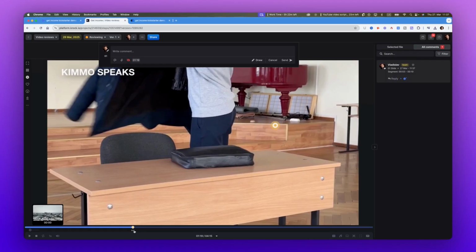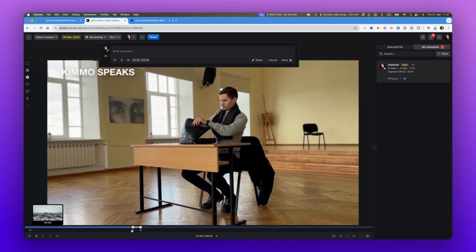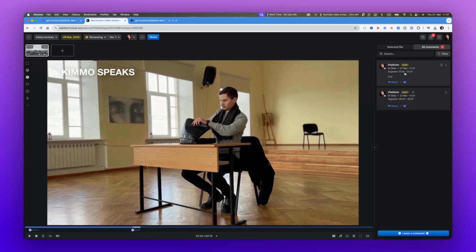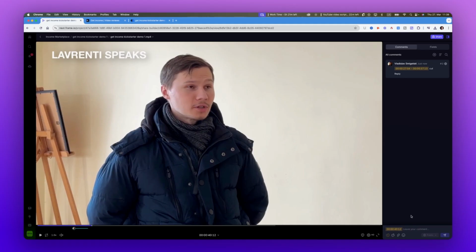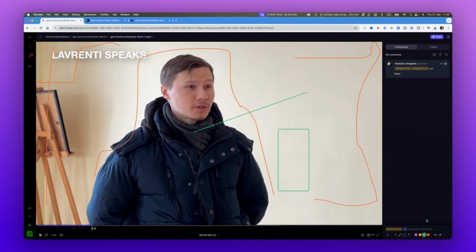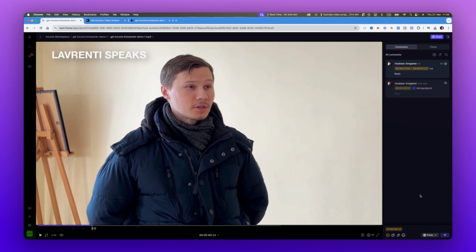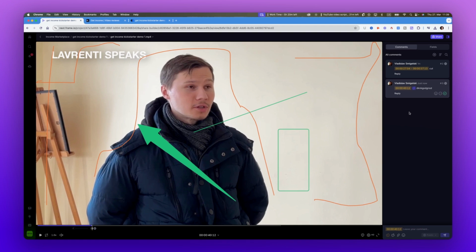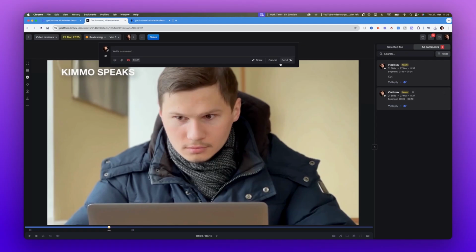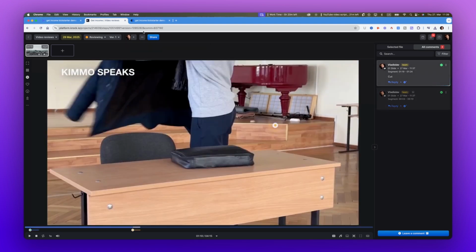Also, when you leave a comment, you can resize, for example, from which second to which, for example, to cut, and you send it here and you can see the segment from which second to which. This is also the case in Frame.io. In Frame.io you can also draw here, which is very nice. Some presets here, you have some rectangles, lines, arrows, and leave a comment, make it public. After you've done that, you can click mark as complete to see for yourself when you're editing that you have finished this task, which you can do also on Krock.io, which I really love that feature,